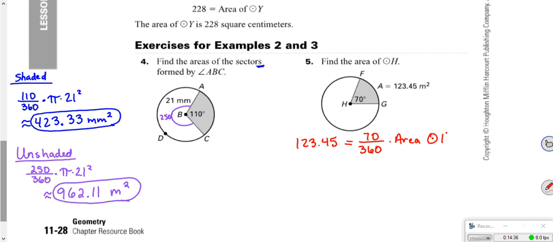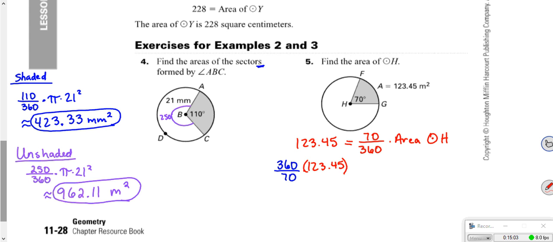Area of circle H. Now to get that 70 over 360 off the area of circle H, we have to multiply by the reciprocal, right? So I'm going to flip-flop. So this is going to be 360 over 70 times 123.45